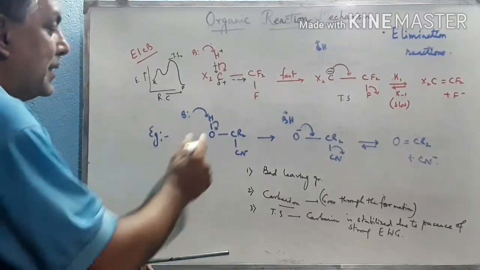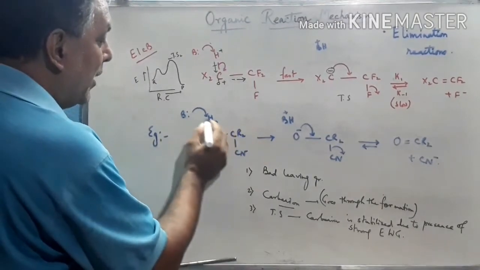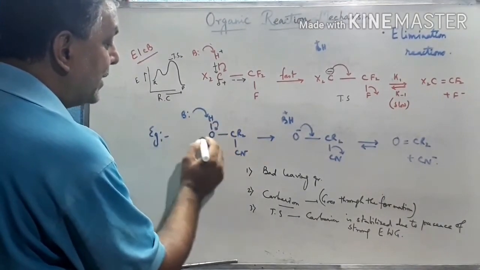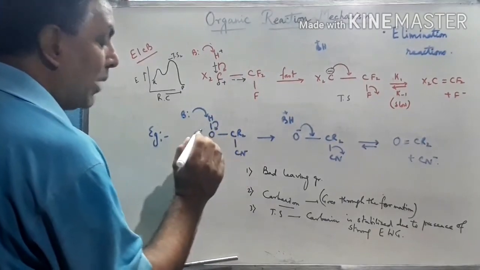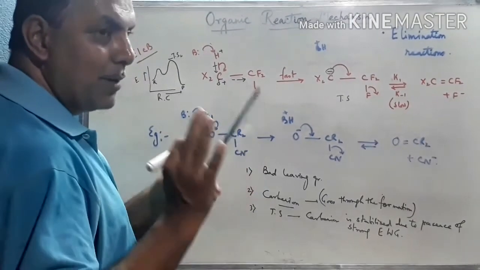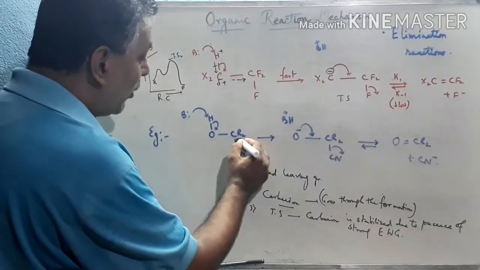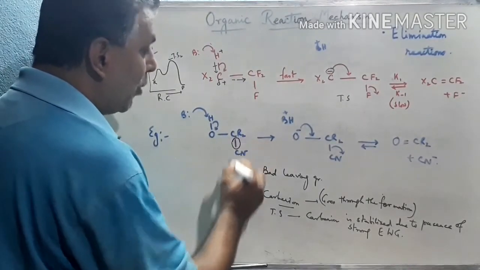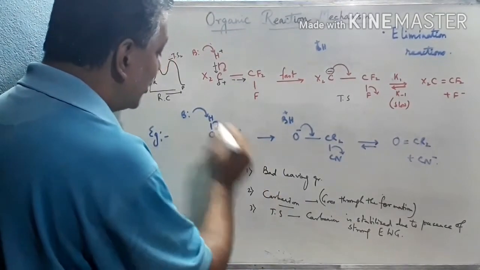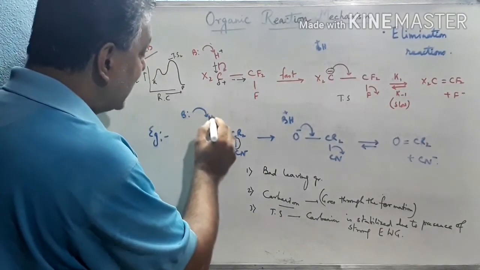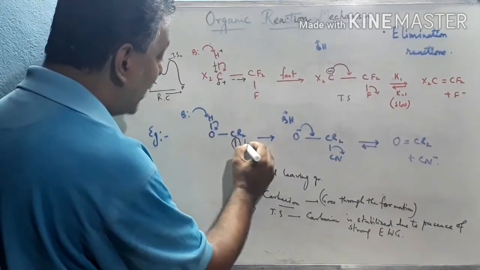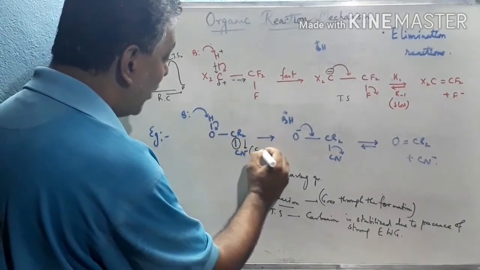It is an example. See this is the cyanohydrin. So cyanohydrin, OH and CN. Here CN is a bad leaving group because carbon is very small in size, so the C-C bond length becomes very small and bond strength becomes very high. Hence it is also a bad leaving group. The base attacks this H plus due to the presence of a strong electron withdrawing group.